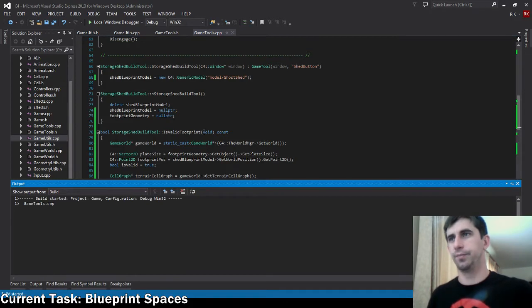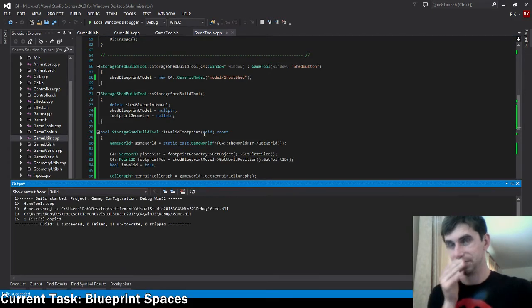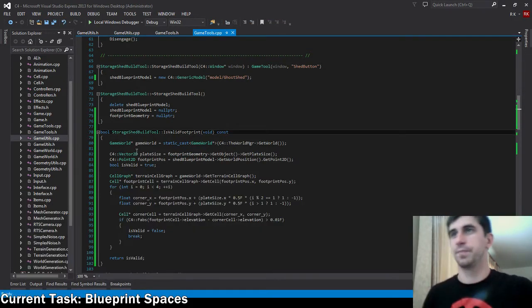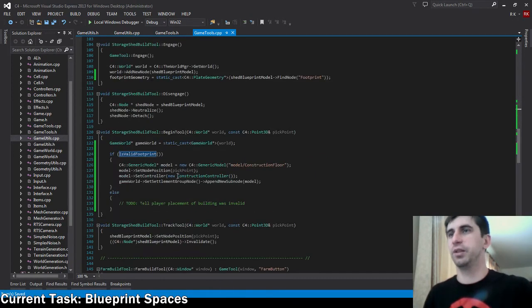There we go. Is that everything? Okay, that looks like that's everything. So is valid footprint lives here, and we call it here, that's fine. Now, for those wondering why in the heck I was doing that,